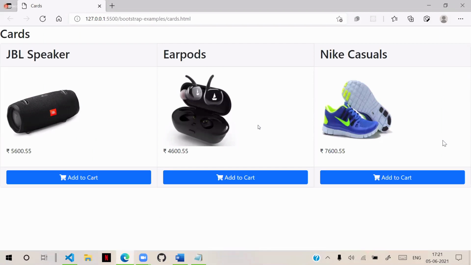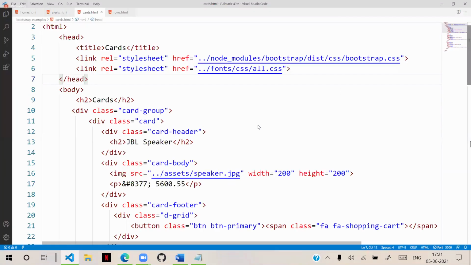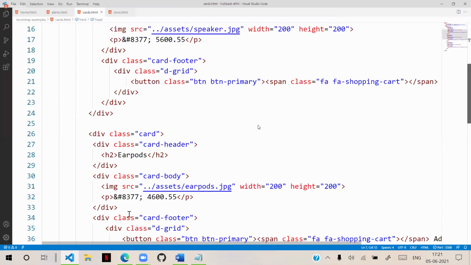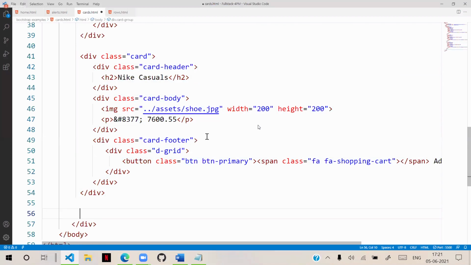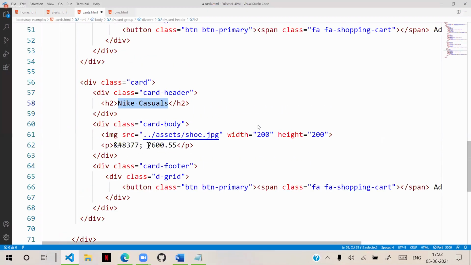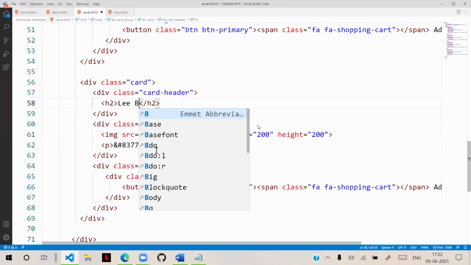Depending on the card that you are configuring, actually, I will copy this and put another card in the group. And here we say some Lee boot and shoe1.jpg. Some price is different.